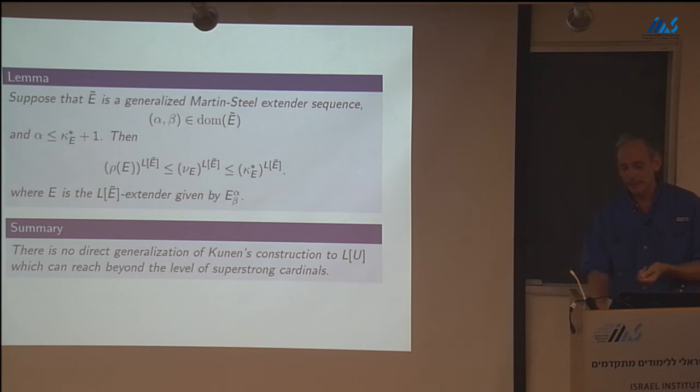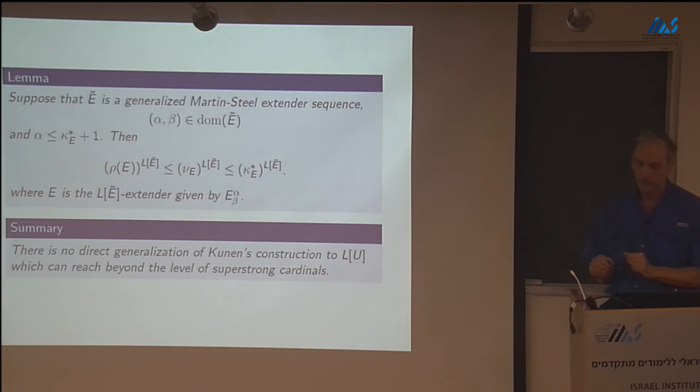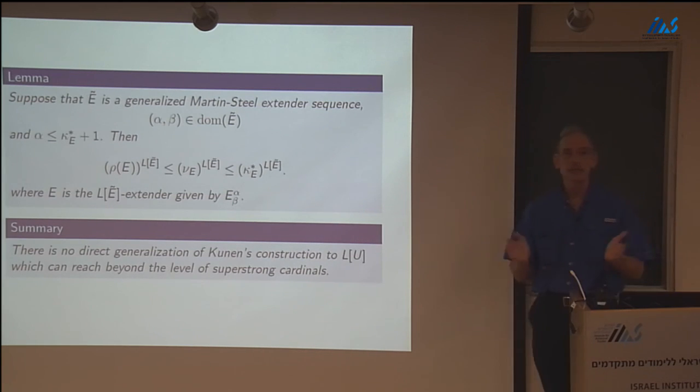Once you start putting the forbidden information, if you want, is you're in the inner model and you see objects which come from extenders in V. And you better not be able to figure out the critical point and the image of the critical point for those extenders. And there's no way to block that information in the Martin-Steele methodology. We need something new. So the good news is we can get to super strong. Bad news is to get past super strong, and I'm ignoring the iteration hypothesis now, we need a completely new methodology. Okay?